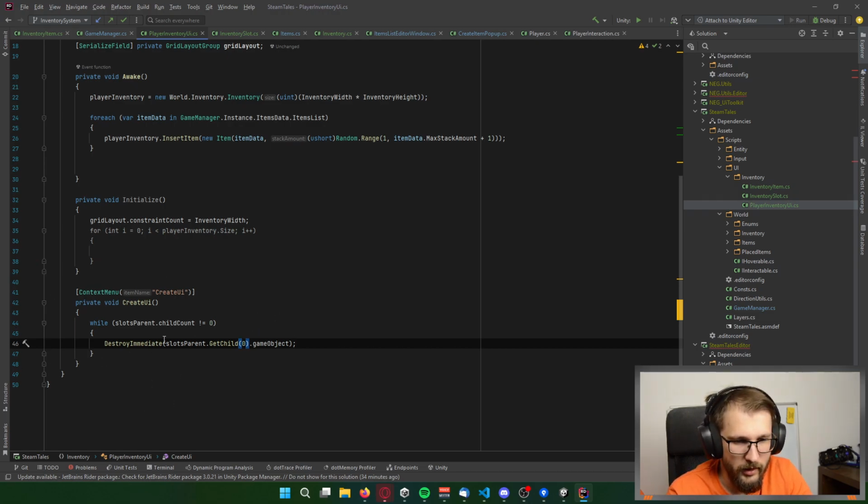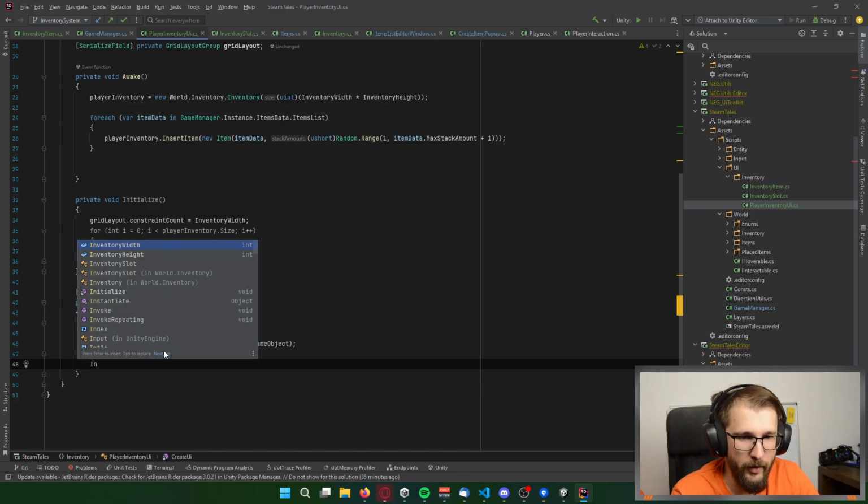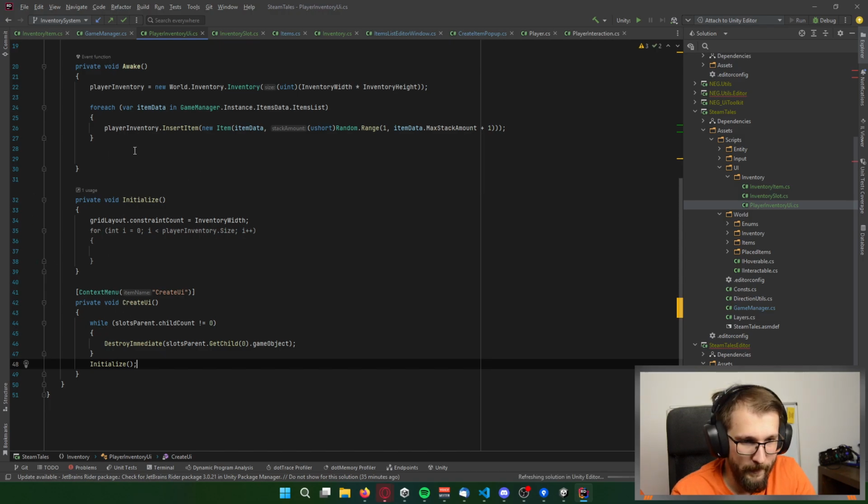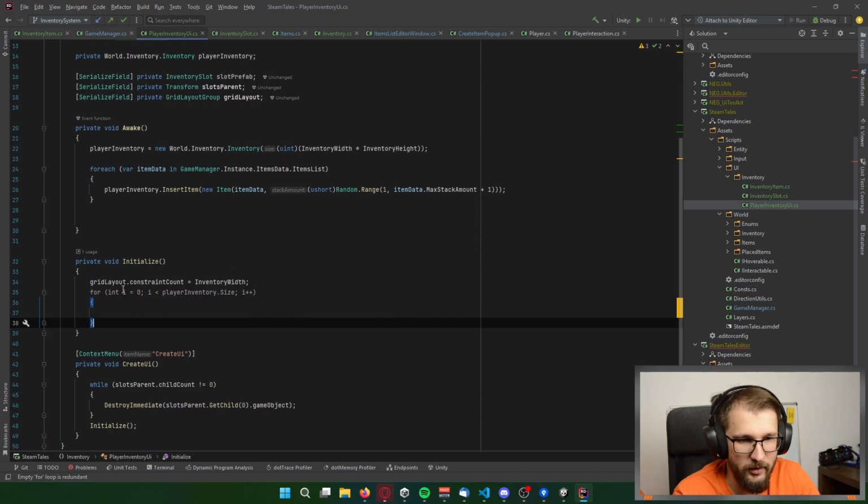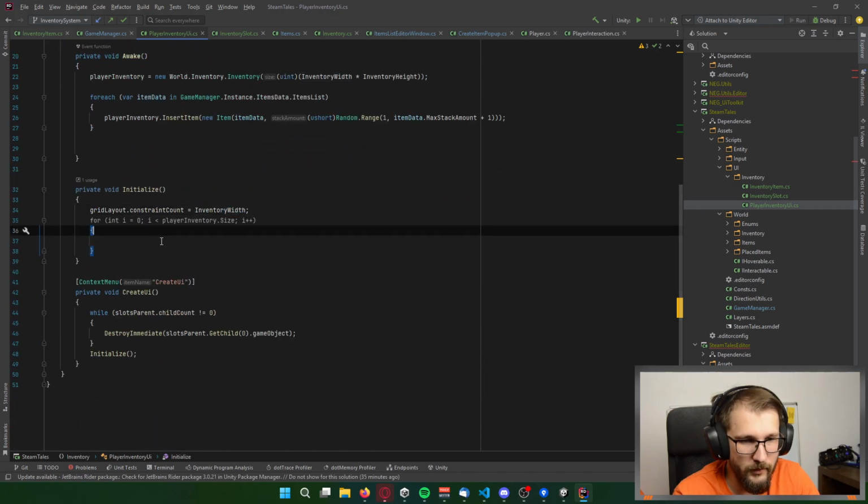So it should do the trick, and after that I have to run the method initialize. Yeah, we have initialized. So now let's create this inventory. We have constraint set to inventory width. So